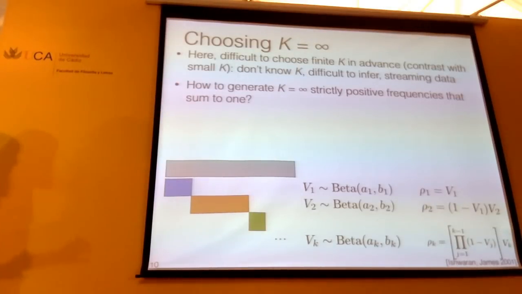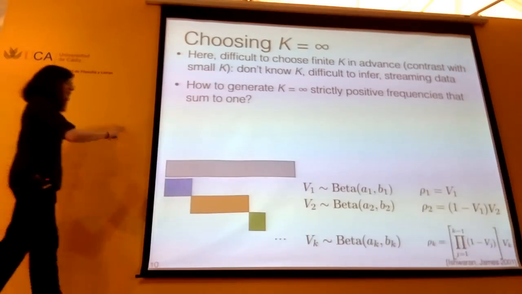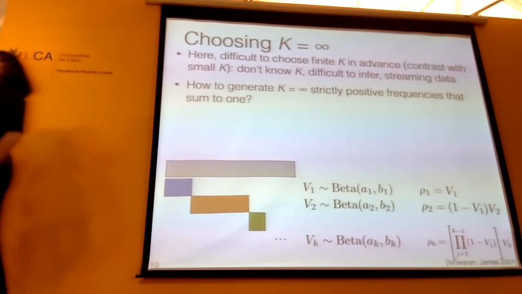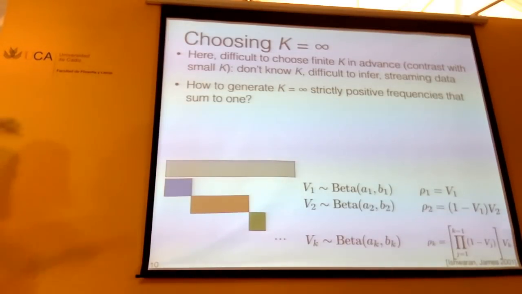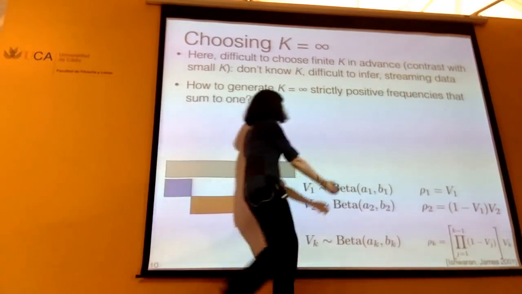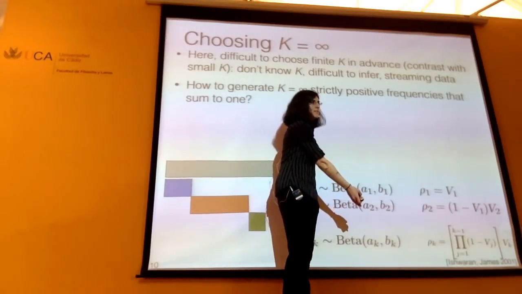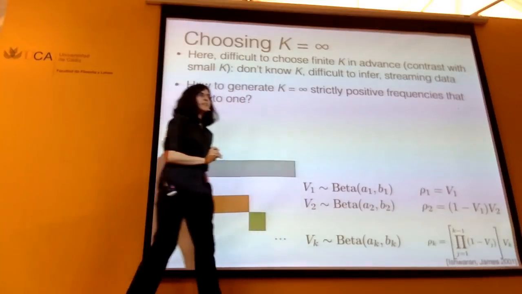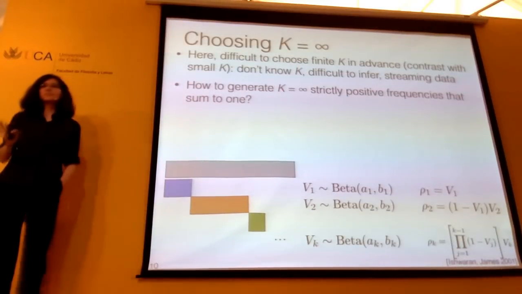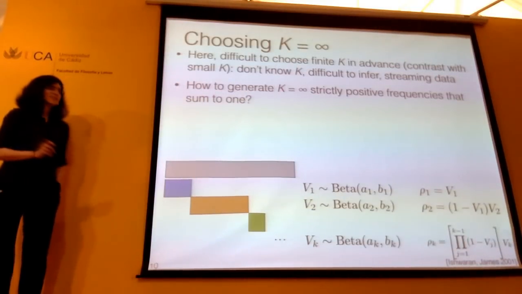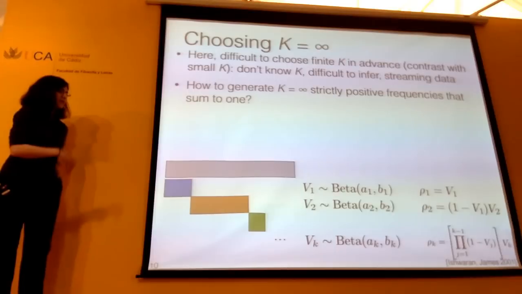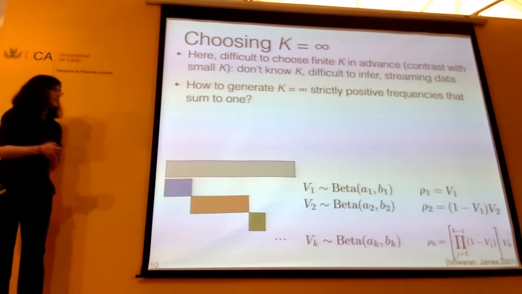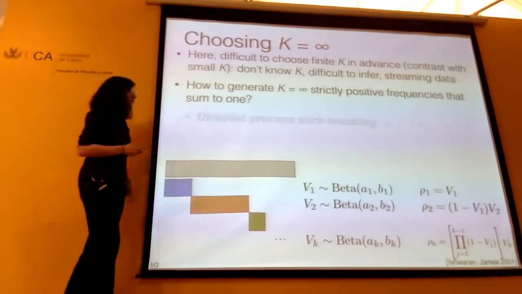Now, there is a set of constraints on the A's and B's that is quite general. But I'm not going to get into it, and this is the reason why I don't want an infinity of parameters. I already have this infinity to deal with, this row 1, row 2, row 3, out to infinity. I don't need another 2 sets of infinities. That's too many infinities. I'm going to have to learn all of these parameters or do something with them or set them. I mean, these are sort of hyperparameters, so I'm probably going to have to set them. And so it's going to be a lot easier for me if I don't have so many parameters.